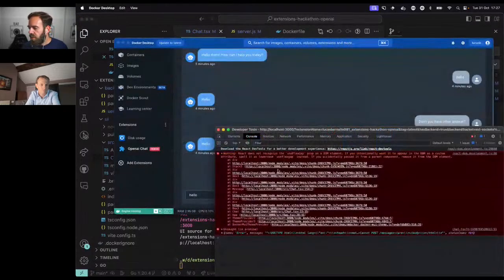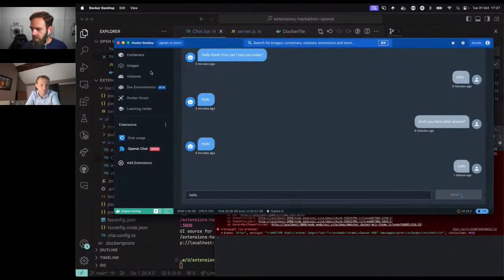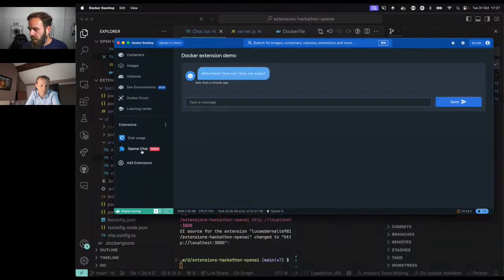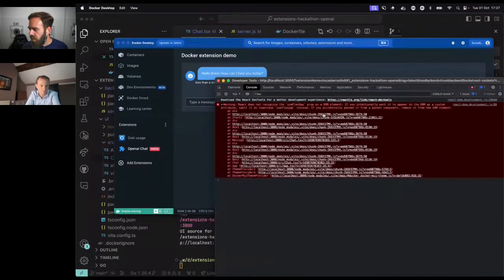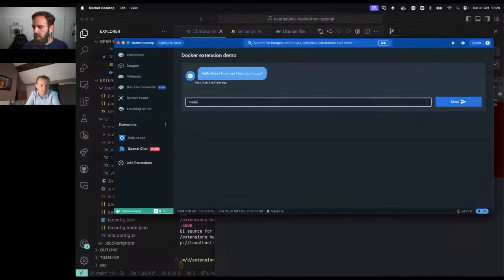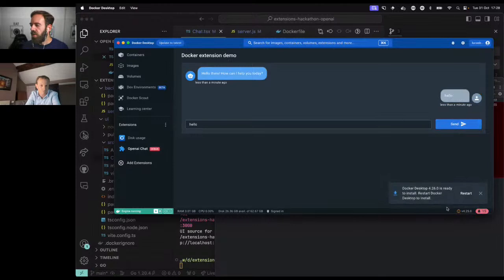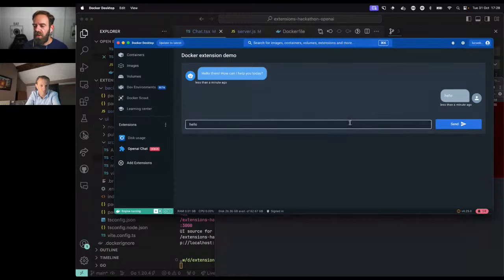I think that's good enough. Let's try again. If we go back and jump away and back so that we get rid of the loading state, and we type hello, this is going to query the endpoint that doesn't exist, and it should give an error, failed to send message. Oh, yeah, I have to update. But yeah, failed to send message. I should see the message in the notification center.